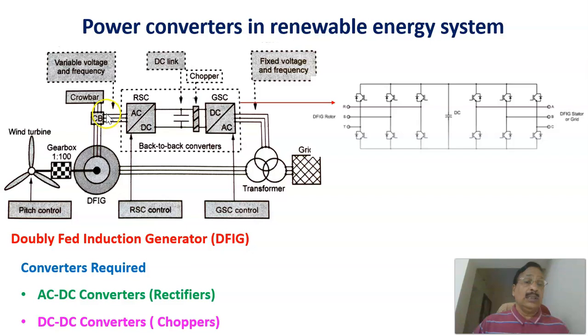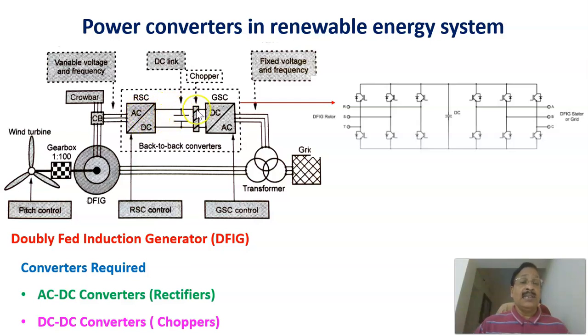The variable voltage and variable frequency signal is available at the rotor winding, and the stator is directly connected to the grid through a transformer. Therefore, in this case, the variable voltage, variable frequency that is available at the rotor of this doubly fed induction generator is to be converted into a fixed voltage, fixed frequency. There are two stages. First it is converted into a DC quantity by AC to DC, that is called the rectifier. The rectifier unit converts the variable frequency, variable voltage quantity into a fixed DC voltage,